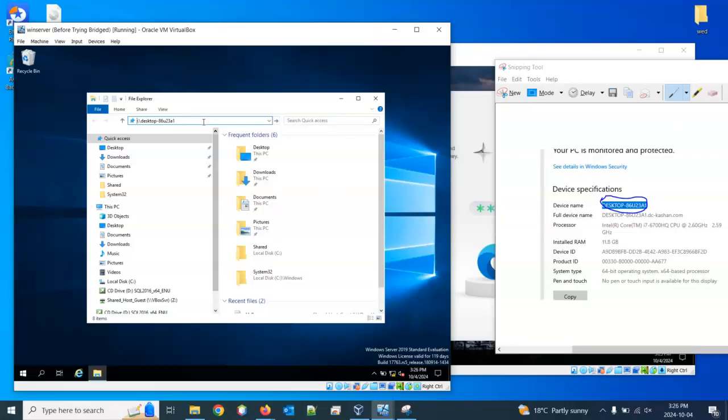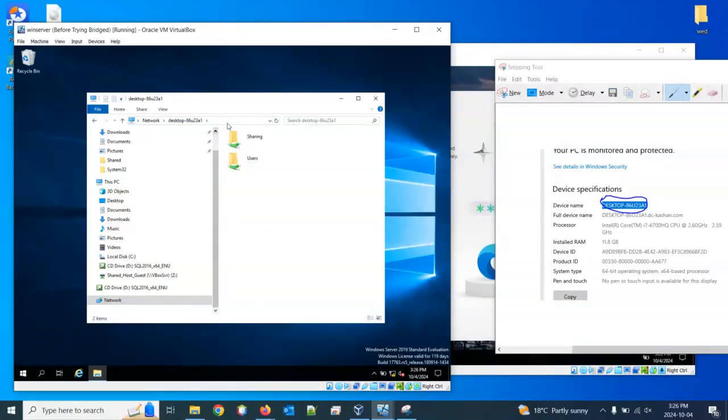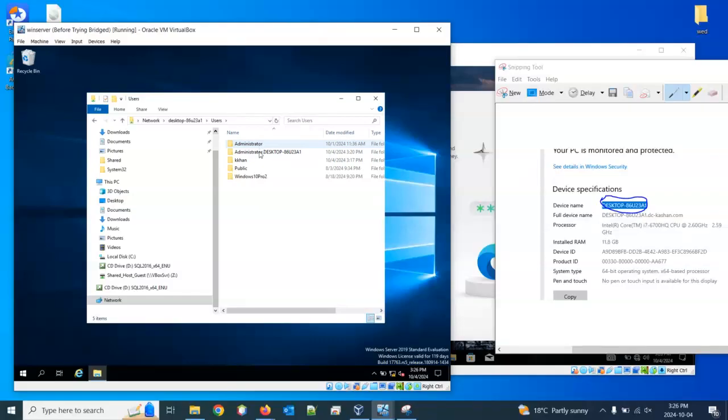So I will say slash. Well, it's there. I can see the users folder standing from here, right? What is this? Administrator and administrator dot desktop. So this is how it resolved the conflict on its own. And yeah, finally, when I said that